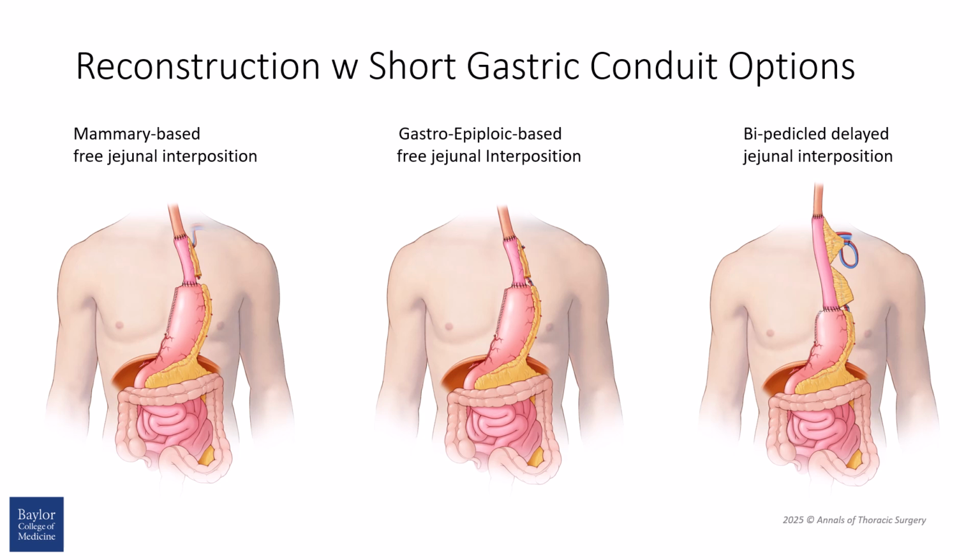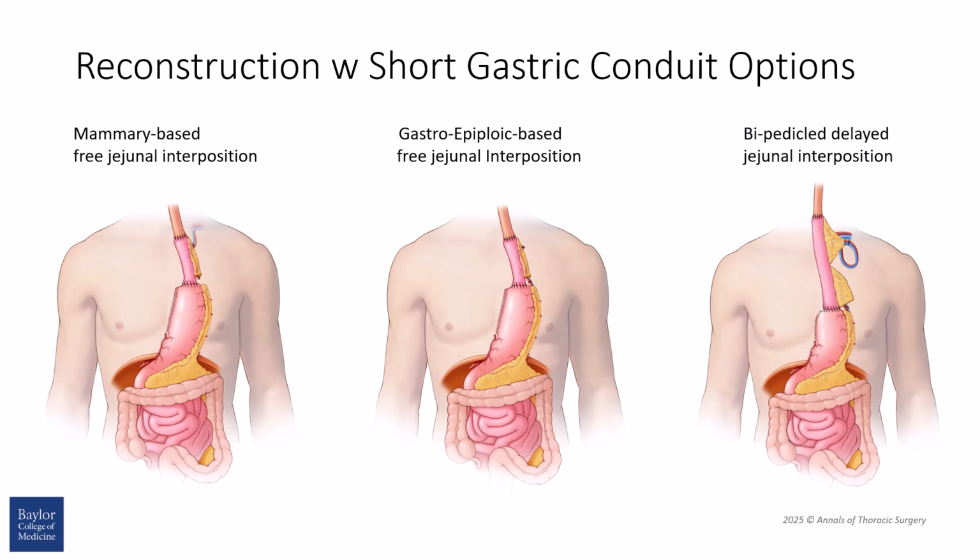Performing reconstruction with a short gastric conduit has 3 different options. Option number 1, on the left, is a mammary-based free jejunal interposition. Option number 2, in the center, is a gastroepiploic-based free jejunal interposition. This gastroepiploic-based free jejunal interposition might need to be matured in the abdomen and then later brought up to avoid